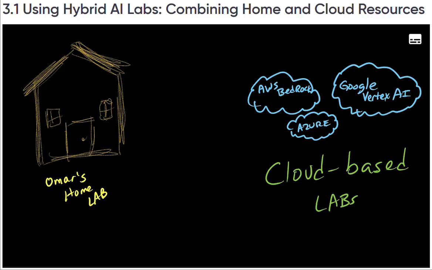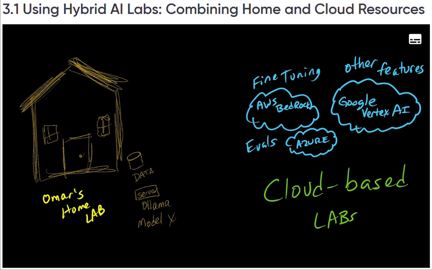The reality of today's world is that most organizations are using cloud platforms, and they're also exploring how to bring back some of the cloud capabilities on-premise because of the cost of AI. So the more that you're familiar with these implementations, the better for you. One of the beauties of hybrid AI labs is that they integrate the on-premise infrastructure that you have, your local servers, your infrastructure with the cloud-based resources from AWS, Google Cloud, and Azure that we were just discussing earlier in